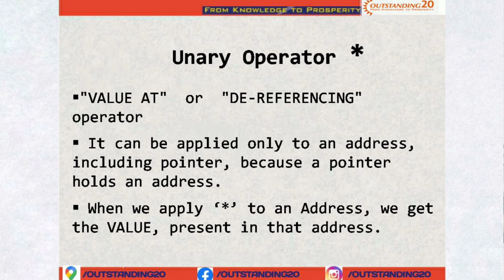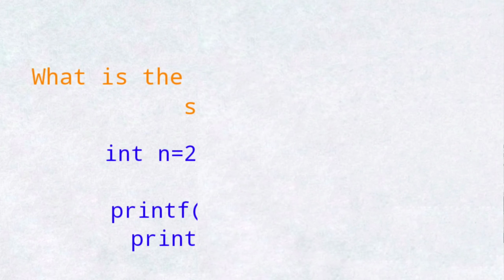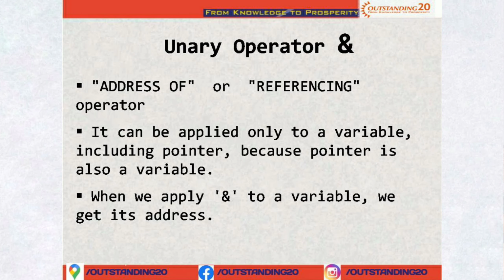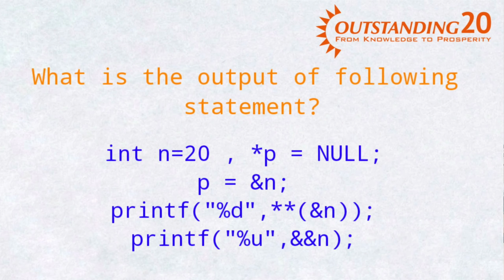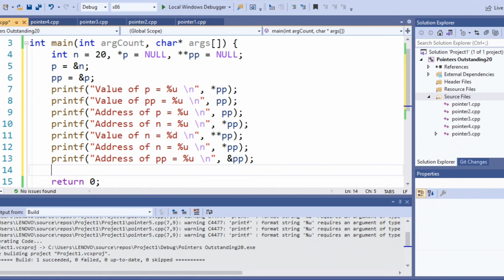As you can see in this diagram, I have shown you clearly, we can apply ampersand only to a variable and we will get the address of that variable. So applying ampersand to an address would not be a meaningful thing. However, we can apply ampersand to an address in the case of implementation of arrays, which we will discuss when I take up the topic arrays.